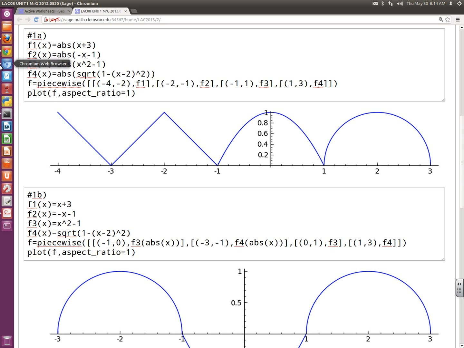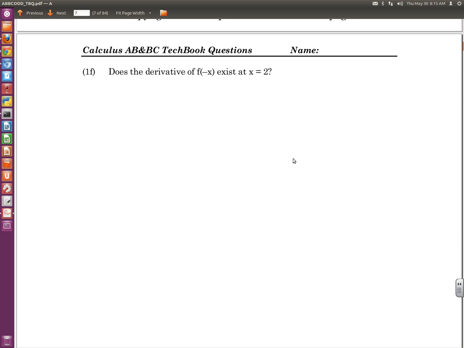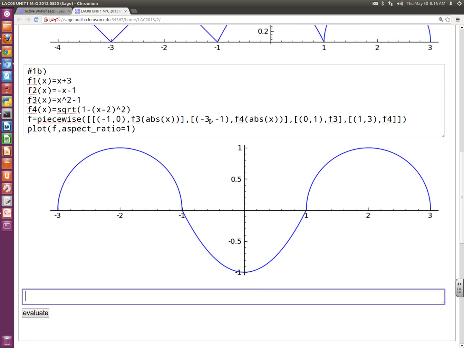All right, then look at the next question. Wait, why do you only have f? Is that it? There's a 1f. Does the derivative exist for f of negative x? All right, so now think about it. What is f of negative x going to be? Isn't it like the absolute value? All right, so at x equals 2, does the derivative exist? Let's look at the absolute value, the one we just did, 1b. Let's look at 1b. Where did it go? 1b. At x equals 2,